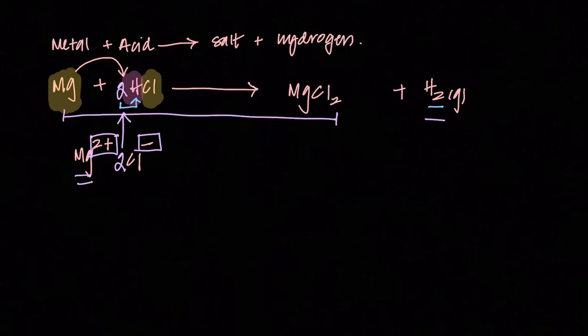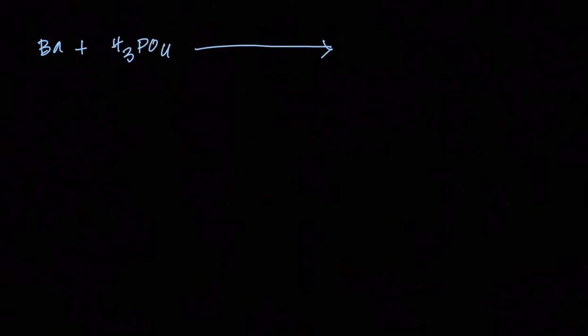And the most difficult balancing question that could come for this would be, obviously it won't come in your paper, but the most difficult that I had made was basically aluminum reacting with H3... actually it wasn't aluminum, I made one more difficult than that. I think it was, yeah, barium plus H3PO4. If I react these two, what is the product that's going to be made, and how do you write the